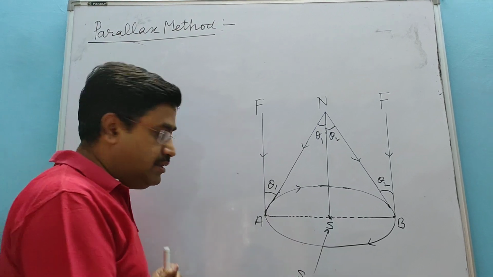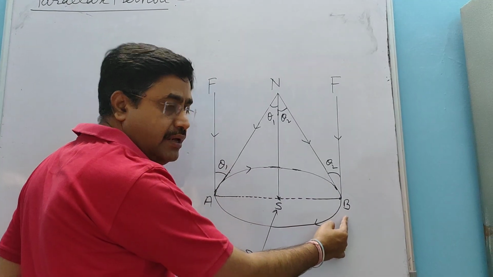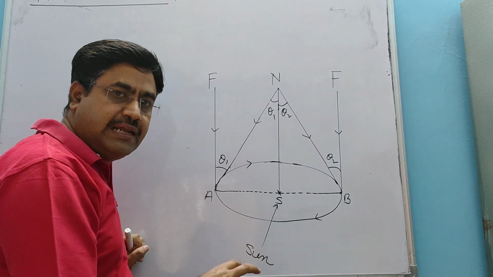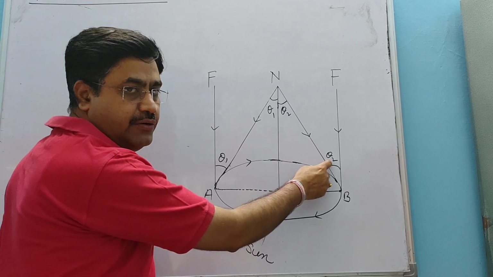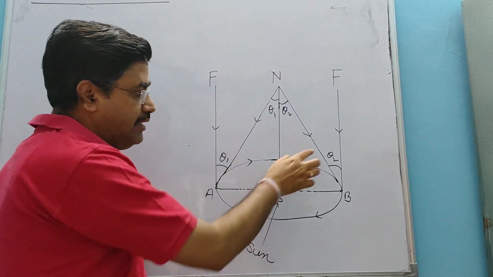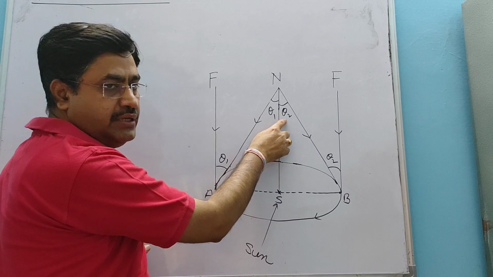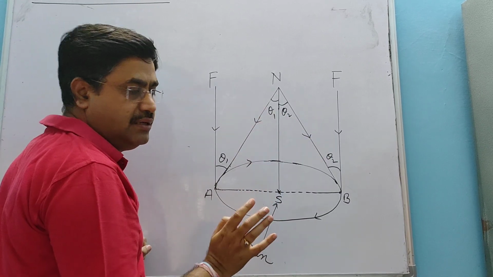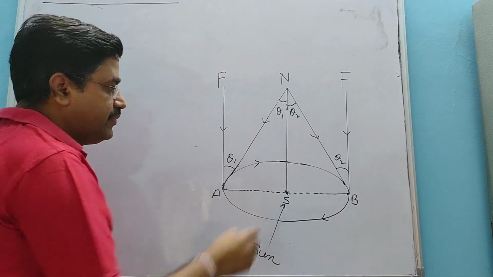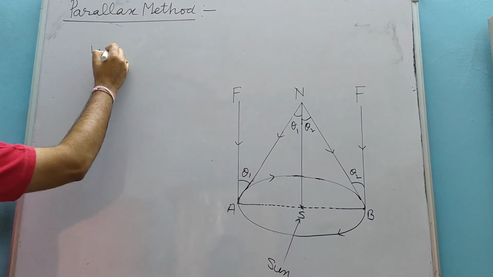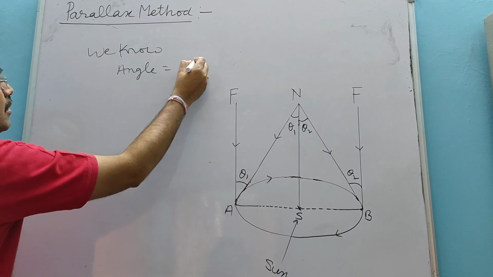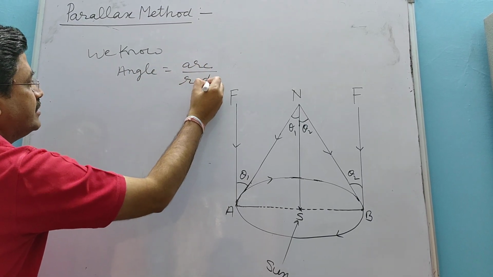Now after 6 months Earth is at point B, and you know the position of the far-off star remains the same. Now again we use the astronomical telescope to find angle theta 2 between the light rays coming from the nearby star and the far-off star, and this angle is theta 2. Definitely this is also theta 2 because both are alternate angles. Clear to everybody? Earth is revolving about the sun. Sun is the center. Now we know angle equals arc upon radius.